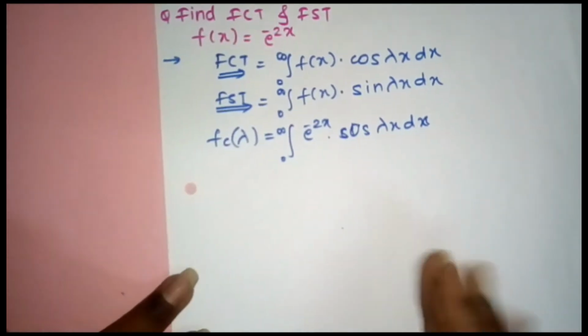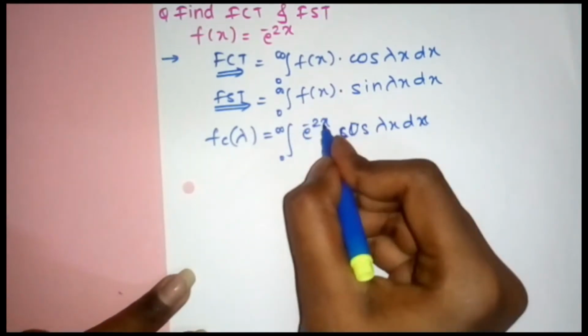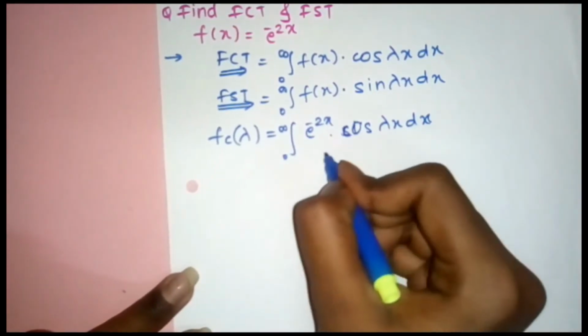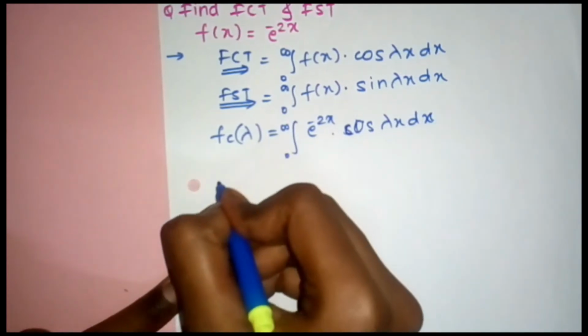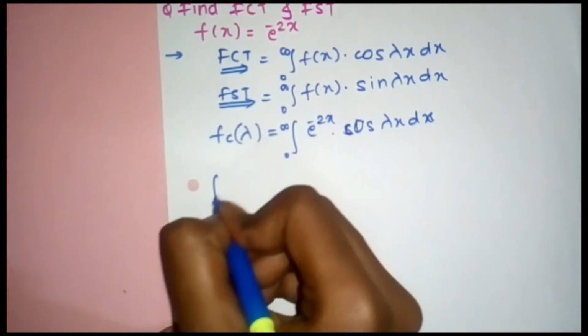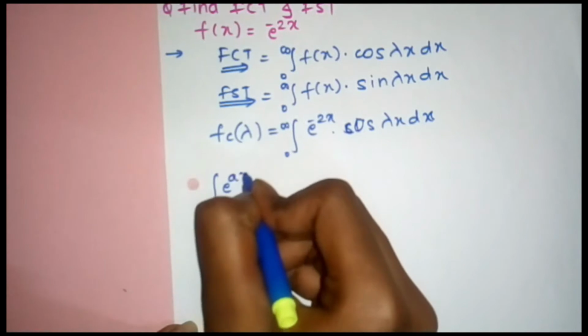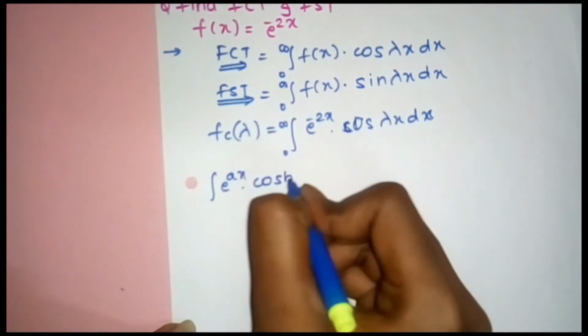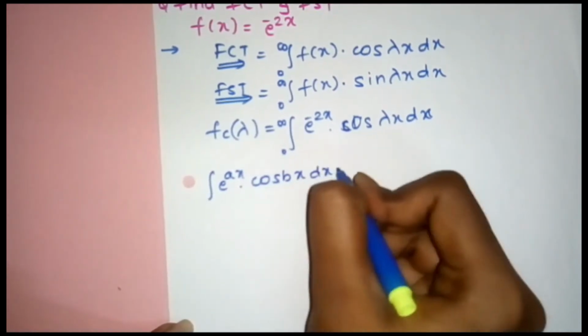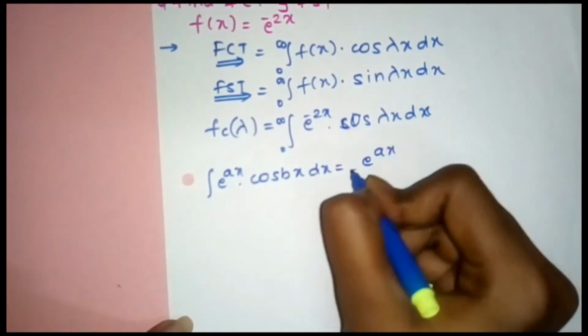Then for e raised to ax into cos bx, we have another formula, that is integration of e raised to ax into cos bx dx is equal to e raised to ax upon